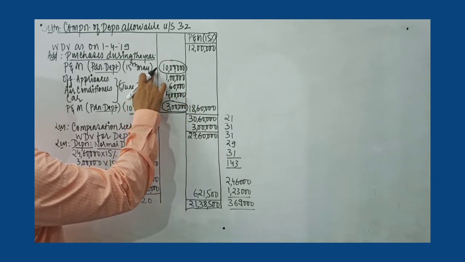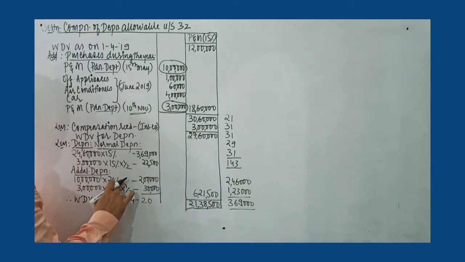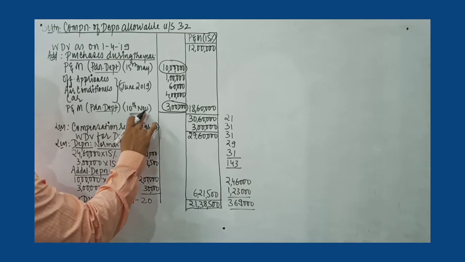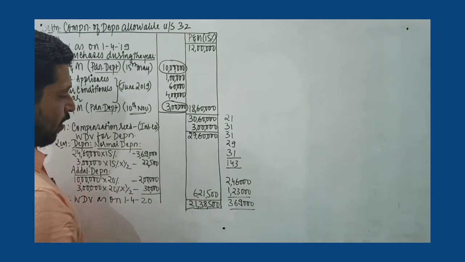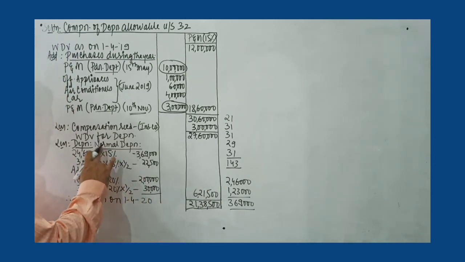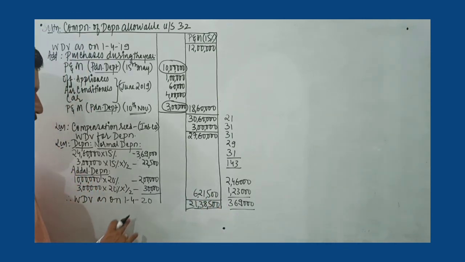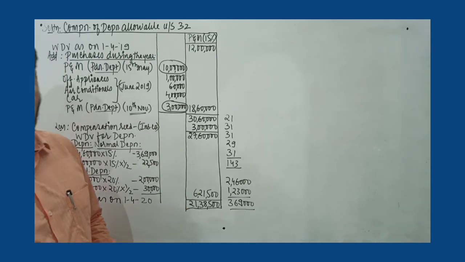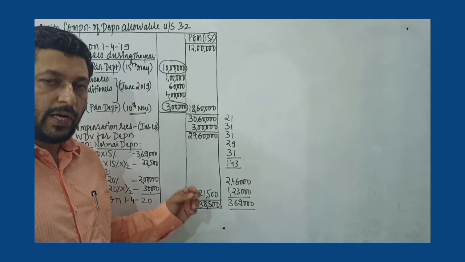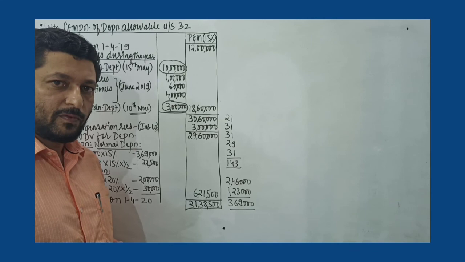Now this is purchased and put to use for more than 180 days. So full year's depreciation at 20%, that is additional depreciation rate. Whereas since this is used for less than 180 days, additional depreciation 20% for half the year. So you calculate, you get total depreciation, normal and additional, on plant and machinery 6,21,500, and written down value at the beginning of next year is 21,38,500. I hope this particular problem on additional depreciation as well as normal depreciation is clear. Thank you.